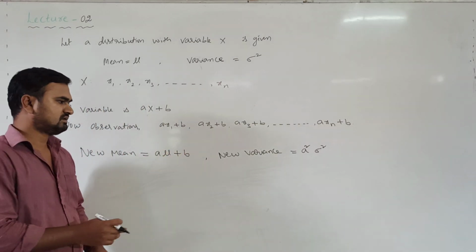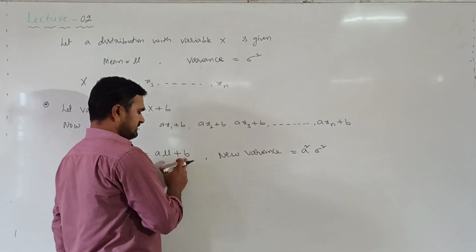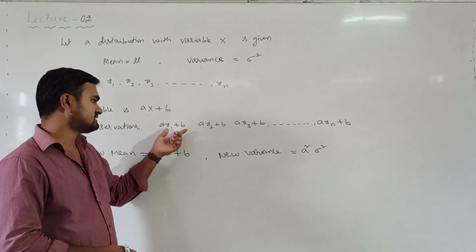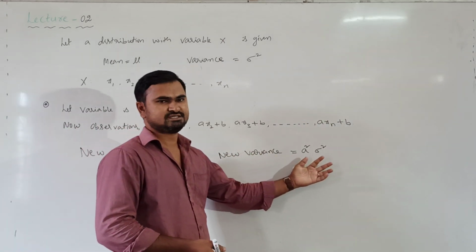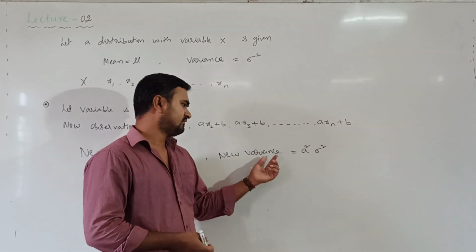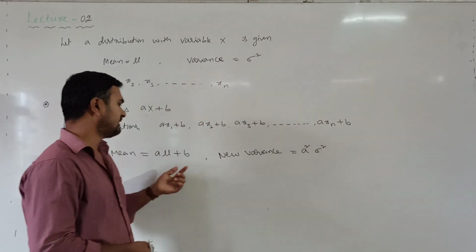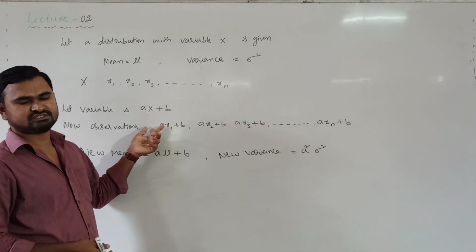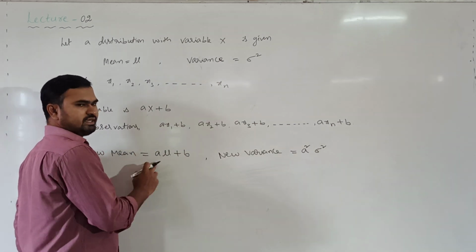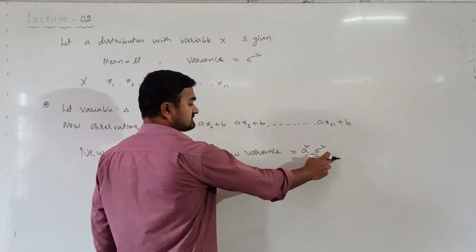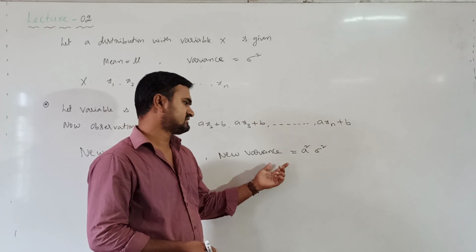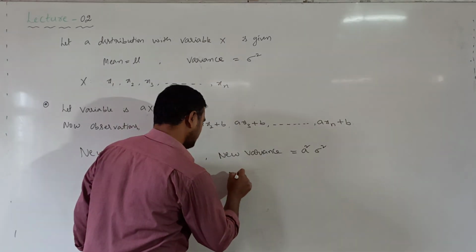So we can see that the variance is not affected by the constant we are adding. Any constant we add to these observations, the variance remains the same. It is not affected by the constant that we added. Variance is affected only when we multiply each of the observations by some constant a. Mean depends on both a and b values, whereas variance depends only on the a value but not b. Similarly for standard deviation. Now what will be the new standard deviation?